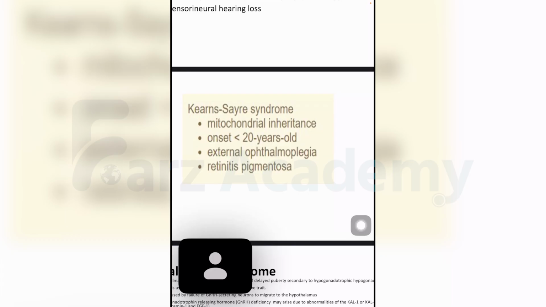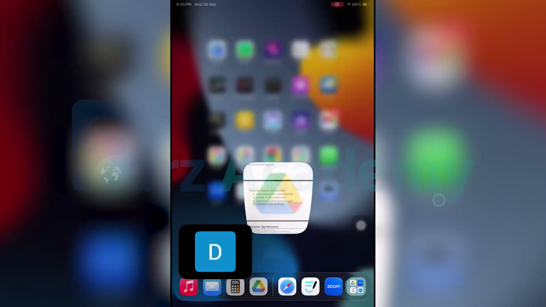Okay, any features usually telling you about SNHL, retinitis pigmentosa, muscle weakness, ataxia, recurrent strokes, lactic acidosis, diabetes, complete heart block, you have to think towards mitochondrial inheritance, because they involve genes of your oxidative phosphorylation. That is your energy production, the powerhouse of your cell. Mitochondrial inheritance. What is the feature of mitochondrial inheritance? Maternal. Maternal inheritance.